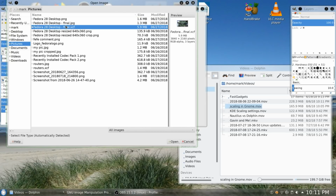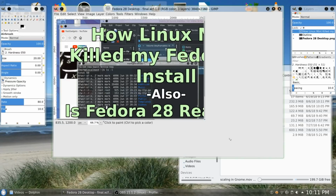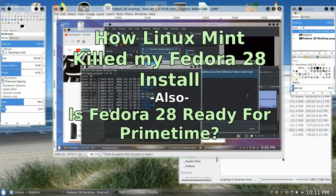OBS to do recording, of course, Kdenlive for my video editing, Audacity for any audio editing that I may need to do, LibreOffice, which I am forcing myself to use exclusively because I did plenty of teaching and training for Microsoft Office,